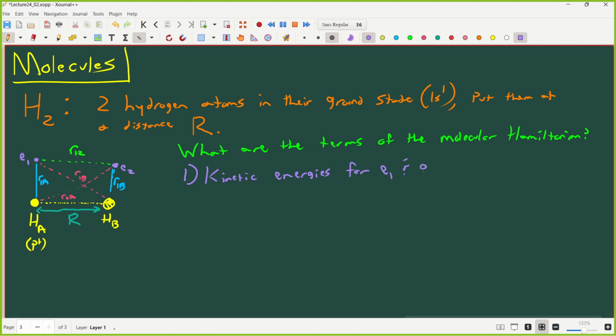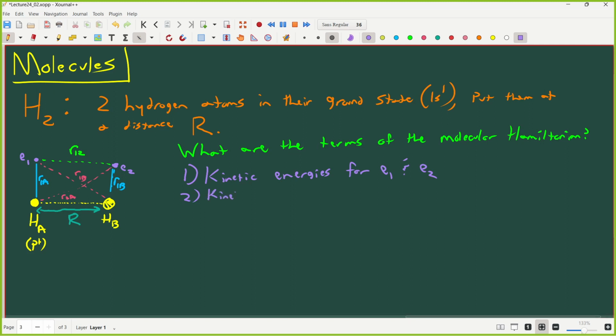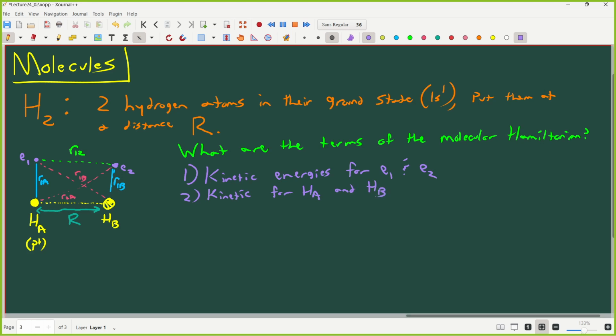So there's kinetic energies for E1 and E2. The nuclei are also moving. So we have kinetic energies for HA and HB. Right, so those are our kinetic energies. We're done there. There's going to be 4 kinetic energy terms that track the positions and the momenta of all four